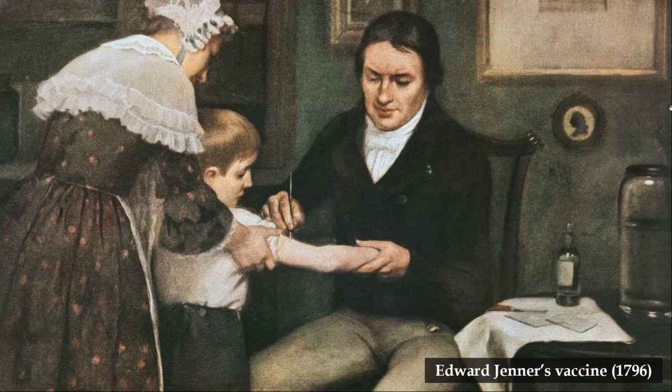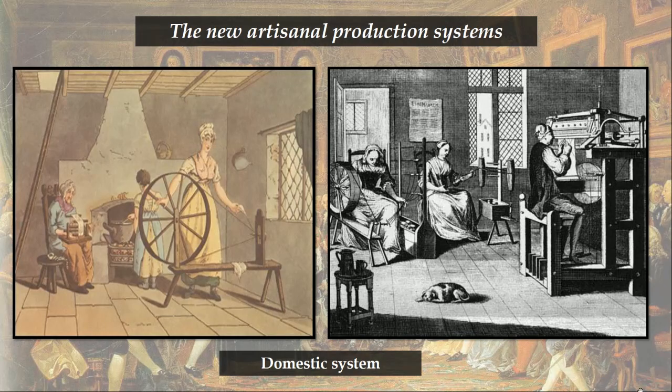And also in medical advances we can name the discovery of the vaccines by Edward Jenner at the end of the 18th century. Also, there's going to appear this new artisanal production system. If you remember from the previous course in tercero de la ESO, the artisanal production was controlled by the guilds, los gremios. They had the monopoly in the cities of the artisanal craft work jobs, but in this 18th century there are going to be new production systems that are going to try to escape the control